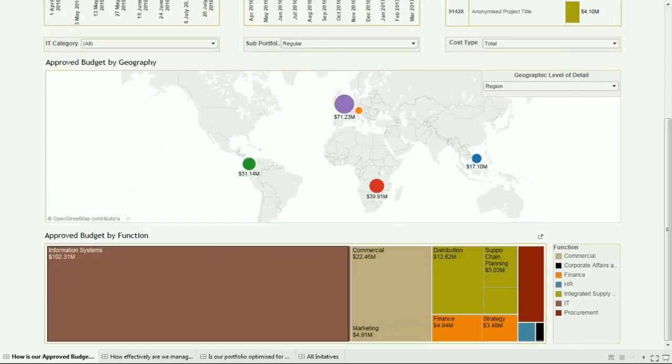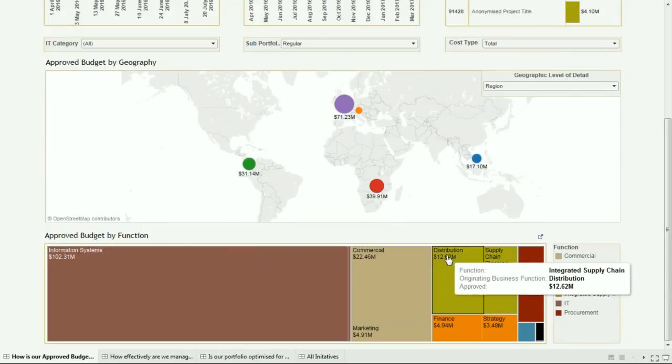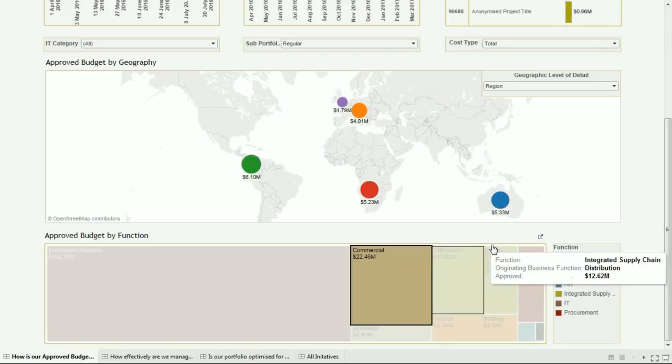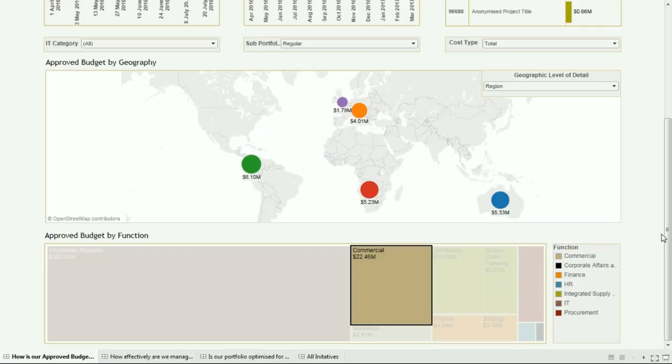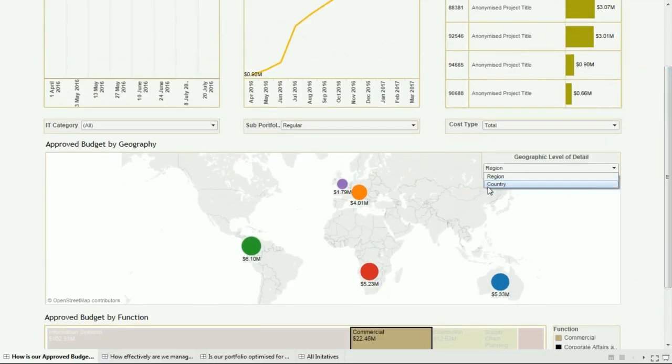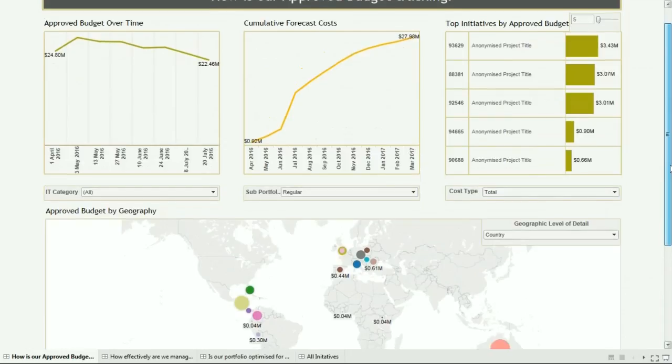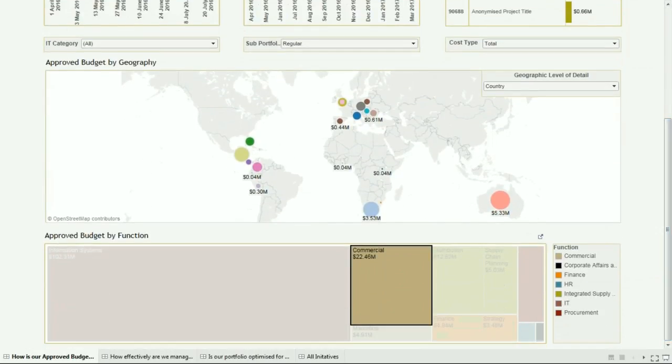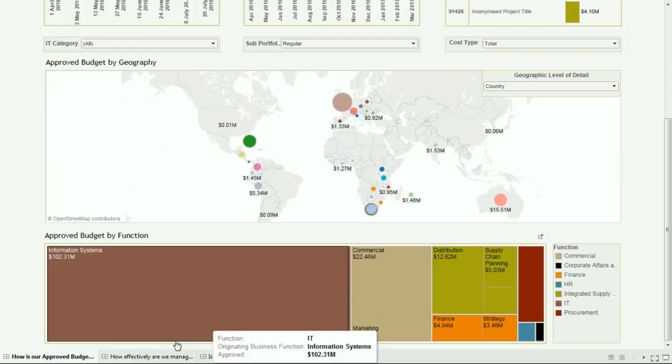The last chart at the bottom here was those business functions. So again, if we wanted just to look at our commercial initiatives, which is useful for our functional communities within our global business services function, they could then focus on what our mix of spend across the regions is, across the countries, and also the top initiatives and the overall budget for that given business function. So lots of information that's fully interactive there.